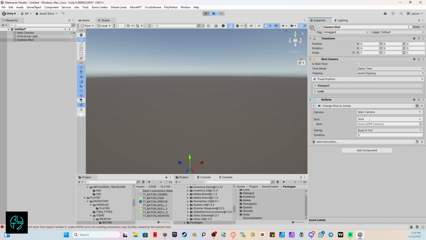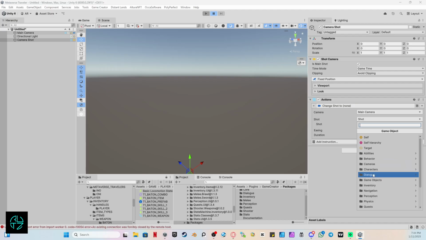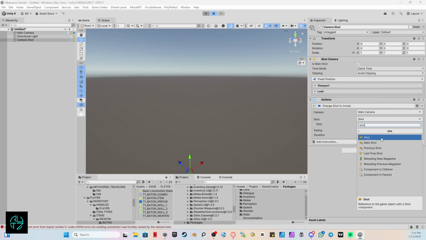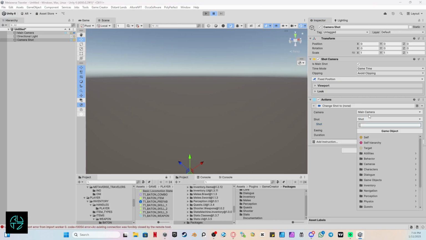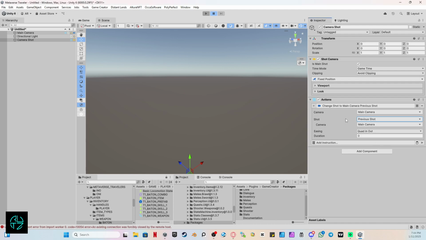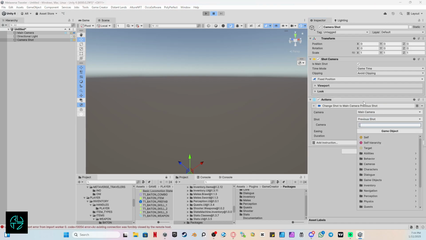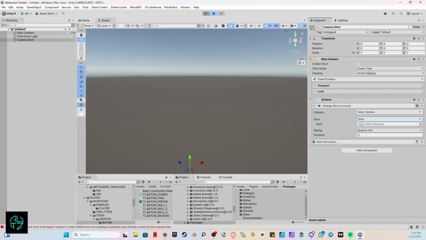Then you have your shot, right? Again, you've got different options. You've got your previous shot, you've got main shot, the current shot. But right now it's asking you to put a shot in here. You can say, well, now this action is going to change the previous shot of the main camera, right? It's going to be changed to the previous shot. But let's do this. Let's do shot and say,